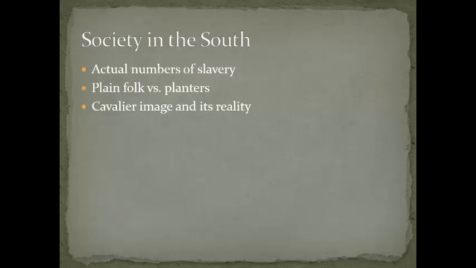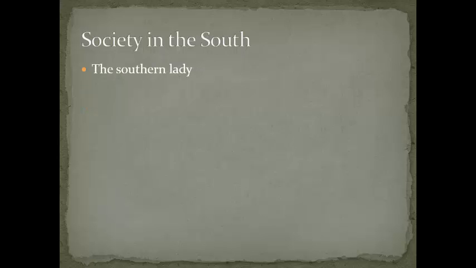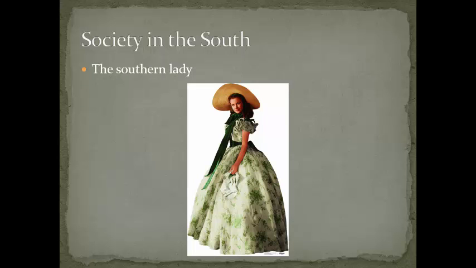All these formal life functions with the debutante balls, and that's the sort of lifestyle that every Southerner respected, even if most of them did not actually participate in them. And then the whole thing about debutante balls leads me into the next sort of Southern stereotype, the Southern lady. And this, of course, is Scarlett O'Hara, who's a fictional character from Gone with the Wind. But she is a stereotype of the Southern lady,